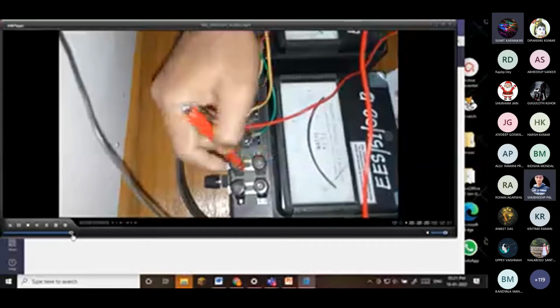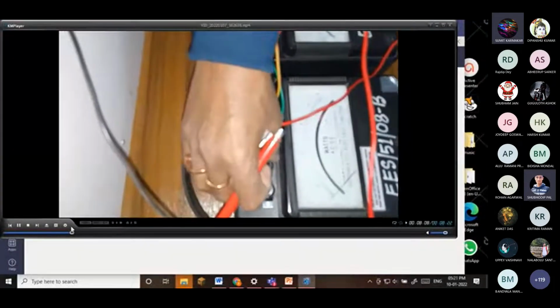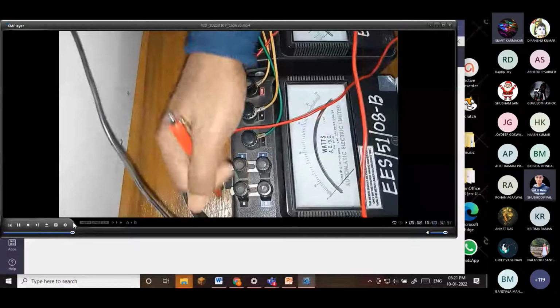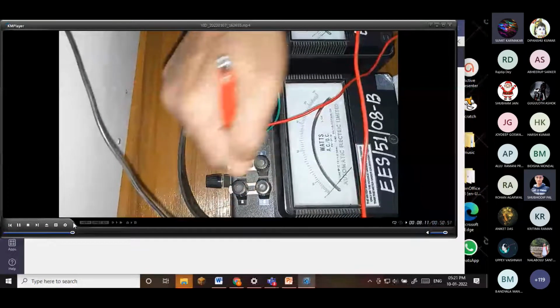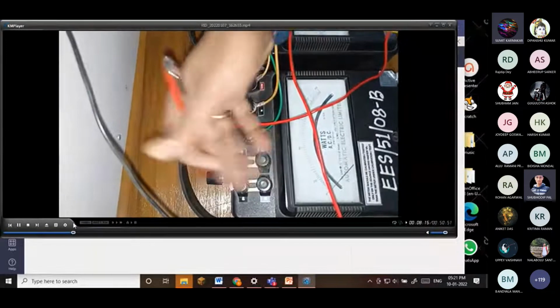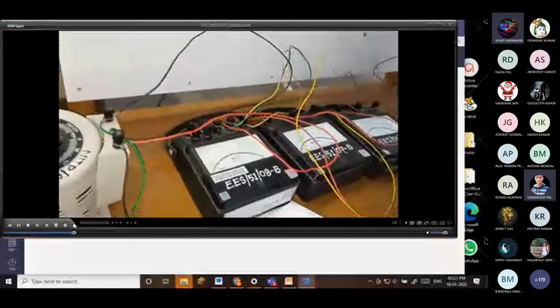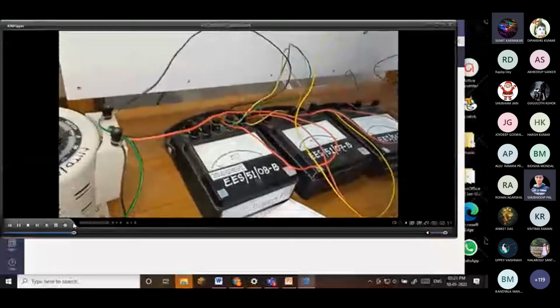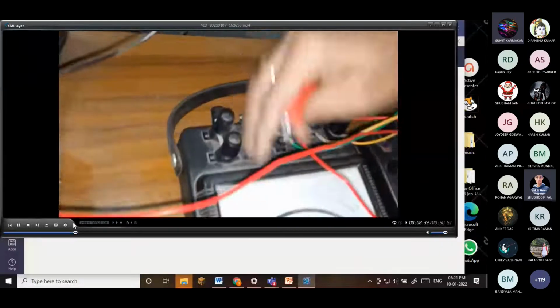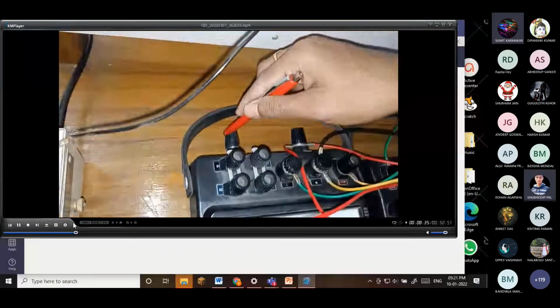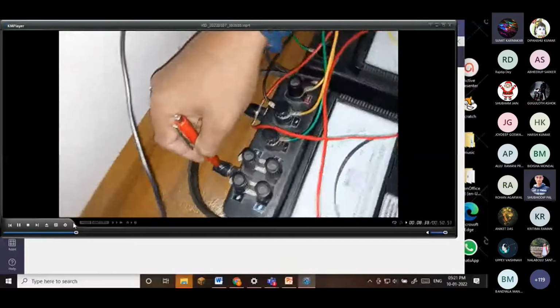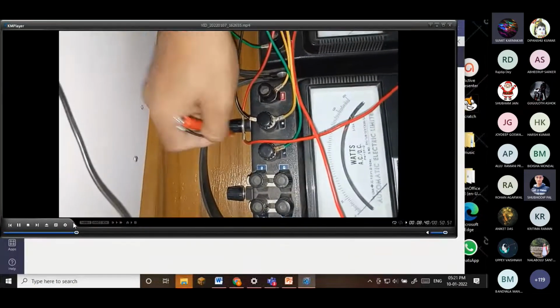But if we are using B1 E2 and E1 B2, then this is called parallel connection, where the current carrying capacity will be higher. That means it will now take more current, that is 2 ampere. Usually the vendor side, those who develop these meters, Automatic Electric Limited, give the instruction. So either we can connect in this way or in this way, or we can connect the voltmeter either at 150 volt or at 300 volt.